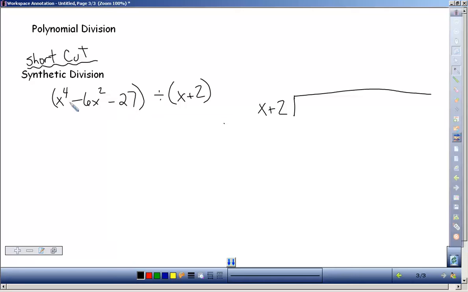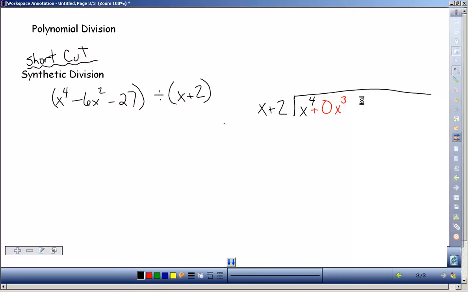The problem with this particular polynomial is that it's missing terms. I've got x to the fourth, but I don't have an x to the third term. Polynomials really should count down and have all the powers from the highest one all the way down to the bottom. So when you are missing a term, you have to use what we call a placeholder. So I'm going to put a 0 in the place of x to the third: 0x to the third. If you don't do that, when you're doing the long division process, things don't line up right, and you start trying to add and subtract terms that are not the same,